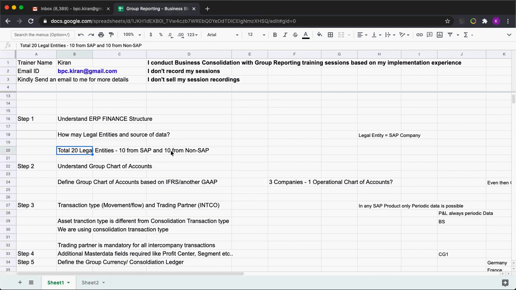And also, when you are mentioning this point, mention the source of this master data. When it is an SAP entity, the source is the ACDOCA table. When it is a non-SAP entity, the source is a CSV file. Remember, you should be clear that you are talking about the on-premise group reporting version. So mention this is applicable for S4HANA on-premise group reporting. SAP units, ACDOCA table, non-SAP units, CSV file.